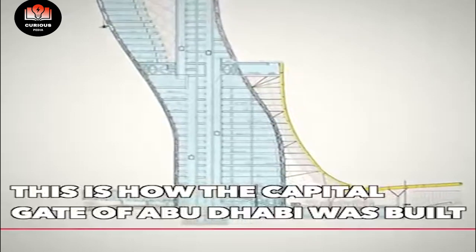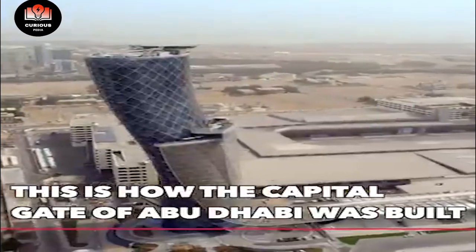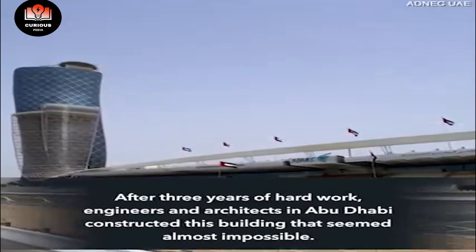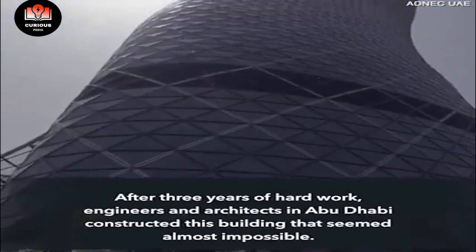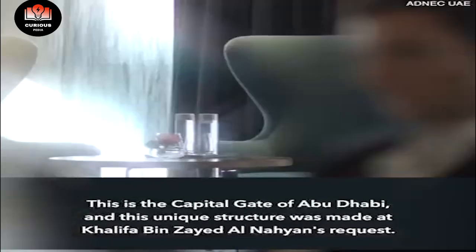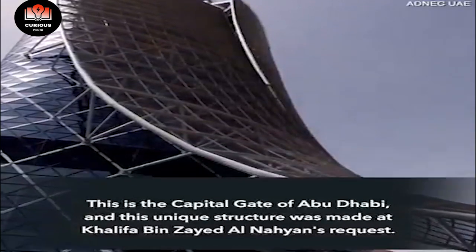This is how the Capital Gate of Abu Dhabi was built. After 3 years of hard work, engineers and architects in Abu Dhabi constructed this building that seemed almost impossible. This is the Capital Gate of Abu Dhabi, and this unique structure was made at Khalifa bin Zayed Al Nahyan's